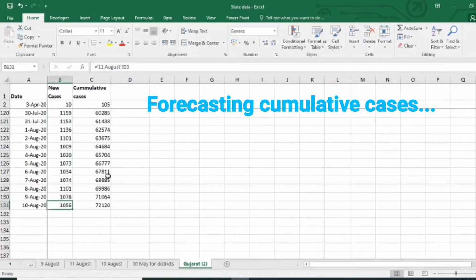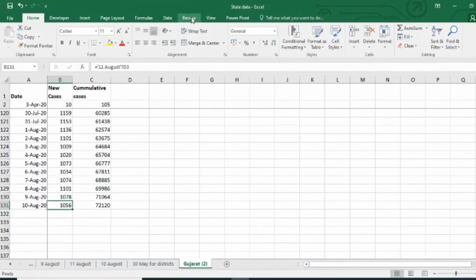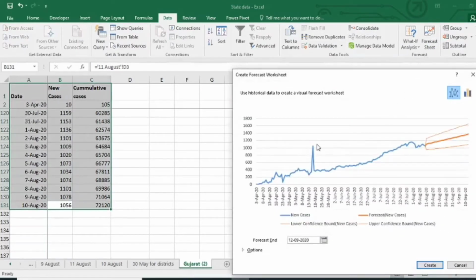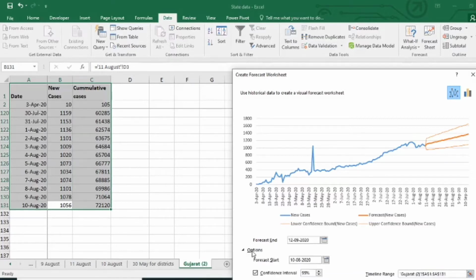Okay, fine. So for that you have to go into the data first. In the data we have here an option available, that is known as what if analysis. Just near to the what if analysis we have forecast sheet, and you can see here automatically it will take the data and do the forecasting. But if you want to edit this forecast, you can see here it has taken the data of the whole sheet from the 3rd April onwards. If I want to change, what I have to do, I will click on the options.